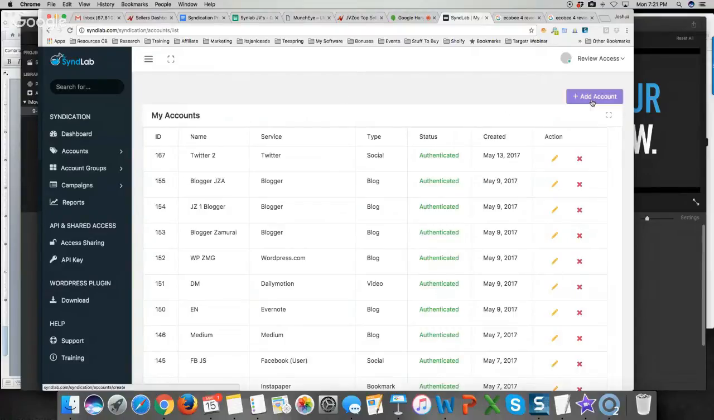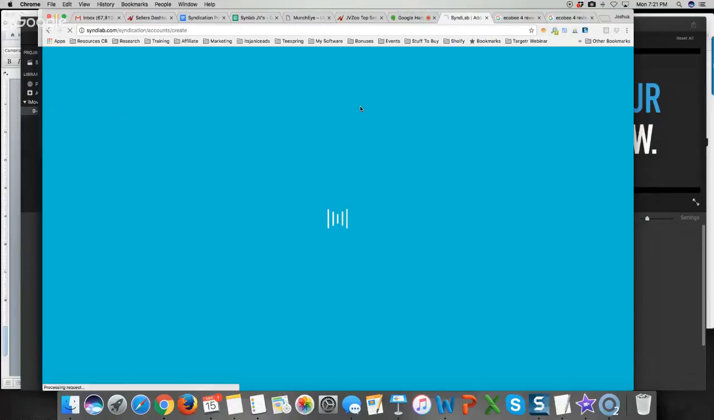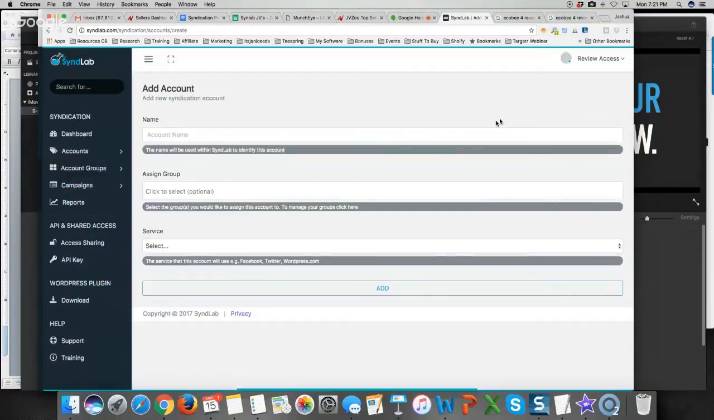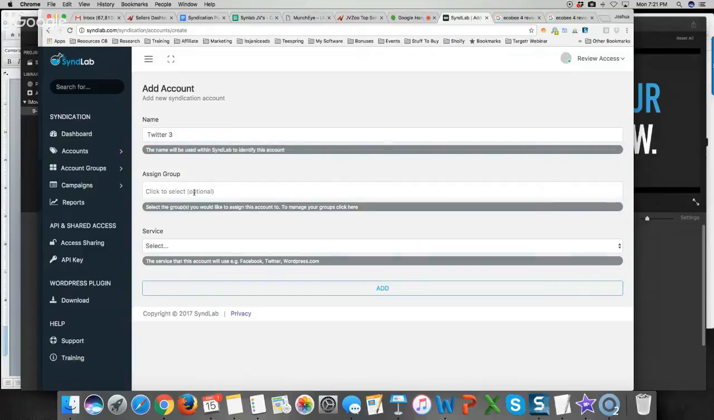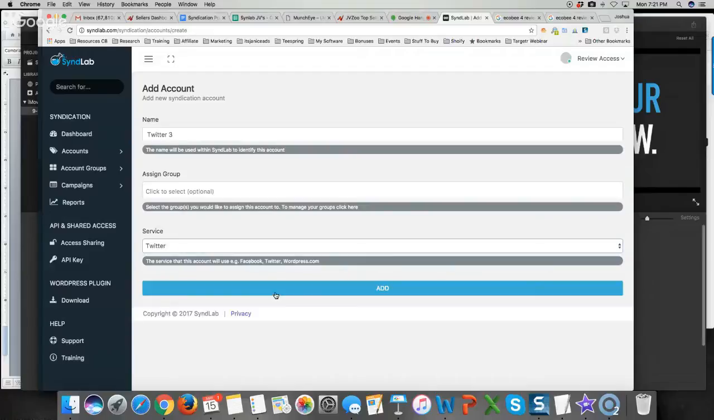So once you add your account here, it's very simple to add an account. You just hit the add account button, and we've made it as simple as possible. So let's say we do Twitter. All right, let's do Twitter 3. I'm not going to assign it to a group right now because I'll show you how to create a group here in a second. But here I'm going to choose Twitter, and we've made it very, very simple. Once I click add, SyndLab is pretty much going to walk me through exactly what I need to do step by step to add this account to my